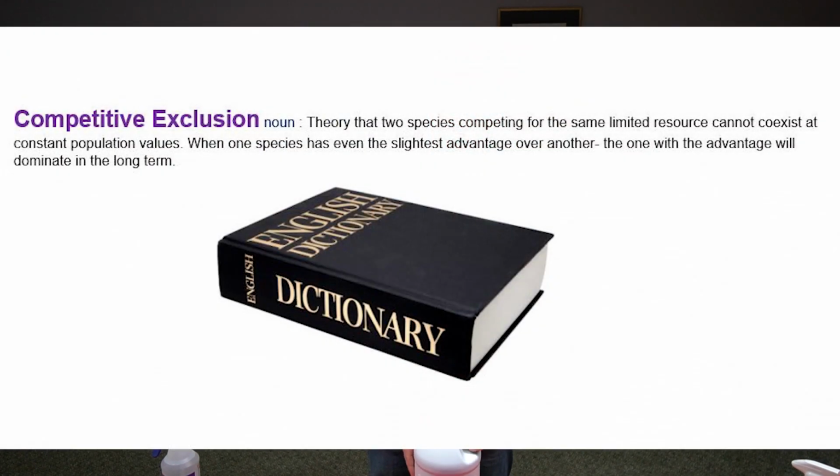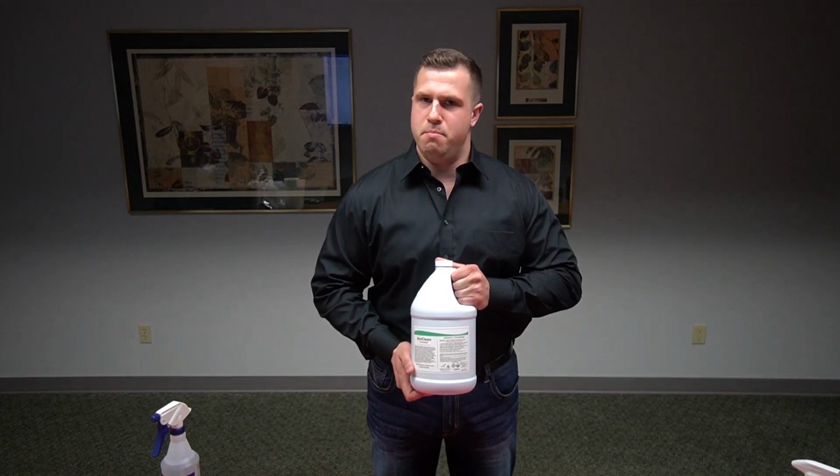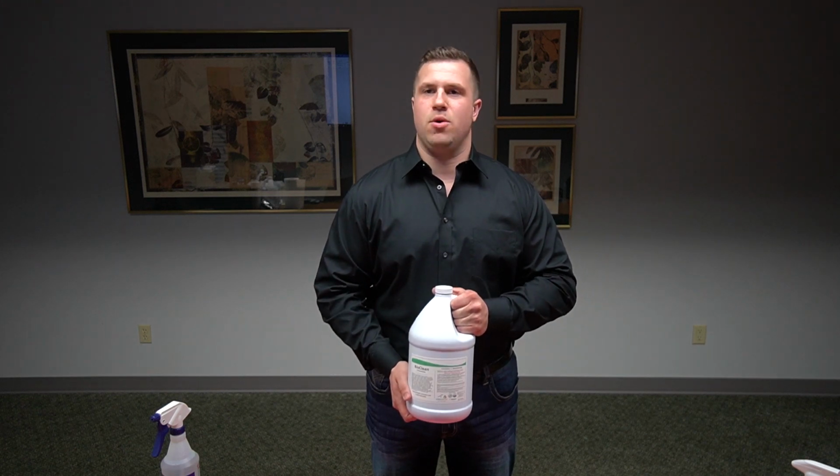Competitive exclusion is simply the principle where two species competing for the same limited resource cannot coexist at constant population values. When one species even has the slightest advantage over the other, the one with the advantage will dominate in the long term. When applied to a surface, BioClean floods the surface with millions and billions of probiotic organisms that